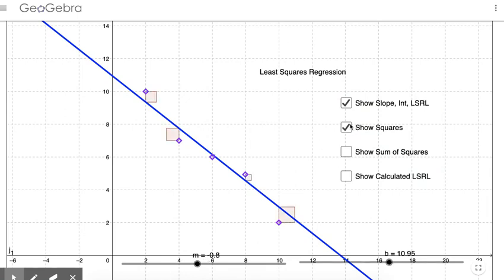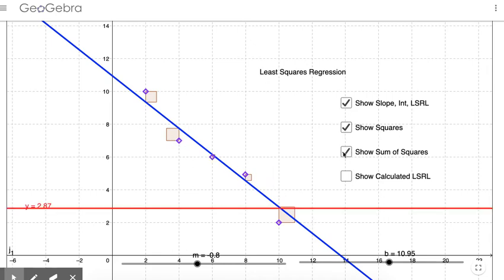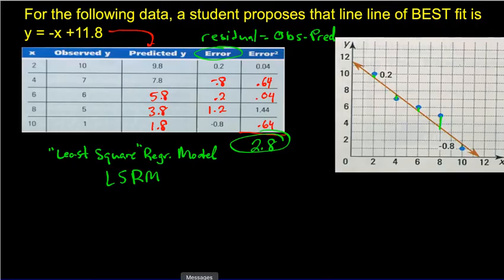And here's a visual way to see the squares. This area would be whatever this residual is, squared all the way down here. And if we look at the sum of the squares, you notice it says 2.87. Well, our estimate has a bigger sum of the errors squared, so our estimate has more error. This estimate is a better model. And you can verify this on your calculator and see that this actually is the line of best fit that the student